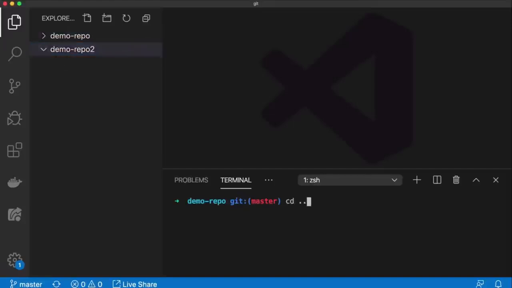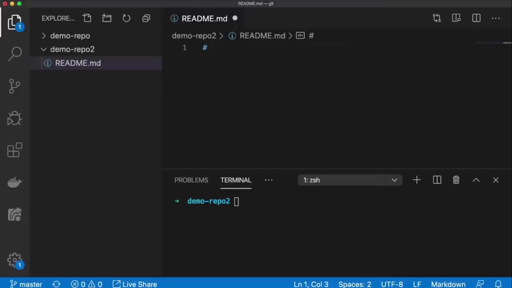But this one's not a Git repository yet, and nothing's in there. So I'm going to move into that folder in the terminal, Demo 2. So now I'm in Demo 2. You can see it's not a Git repository. Even if I look for that hidden Git folder, it's not there. So let me first add a file in here. And I'm again going to add a README file, .md,